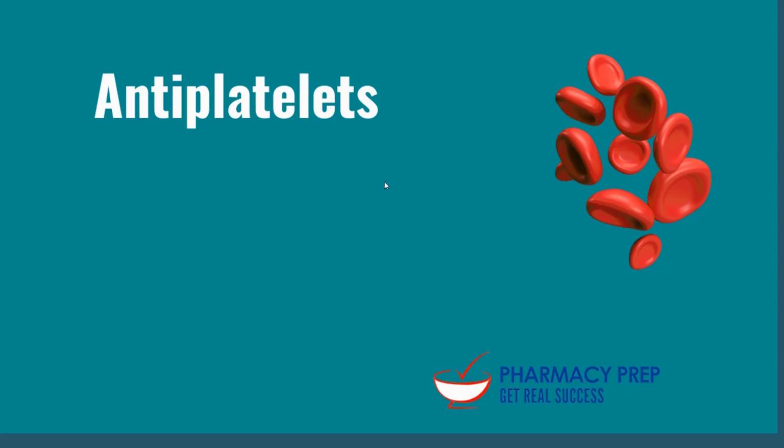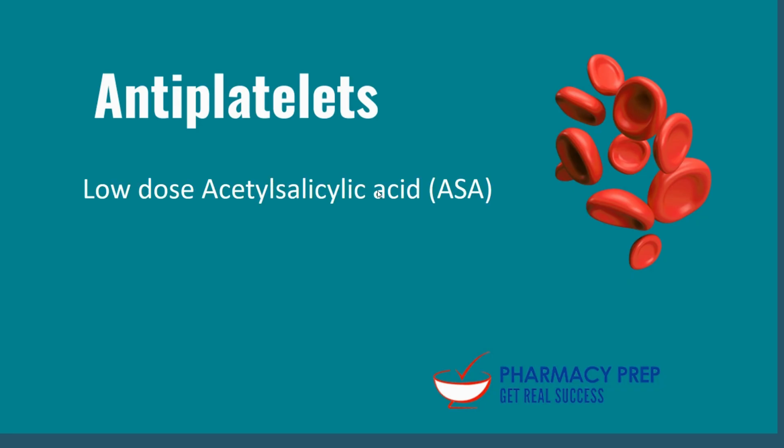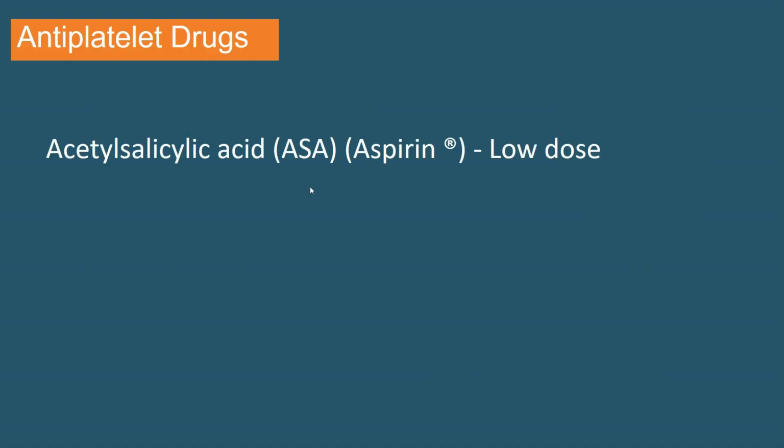So next we come to the other class of drug, that is the antiplatelets. Antiplatelets, the most popular one is low dose acetyl salicylic acid, and P2Y12 inhibitors. These two are major classes. So acetyl salicylic acid, also known by the brand aspirin, is generally used at low doses for cardioprotection, such as 80 milligrams to 300 milligrams commonly used, or 160 milligrams is used for treating